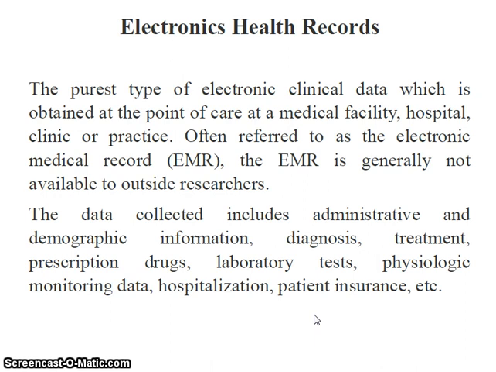First, let us discuss electronic health records. It is the purest type of electronic clinical data, so it contains all the details about the particular patient. It mentions the medical facility offered to them, what the health conditions are, what treatments were given, who has given them, and what other services were provided. Everything is contained in the medical record.